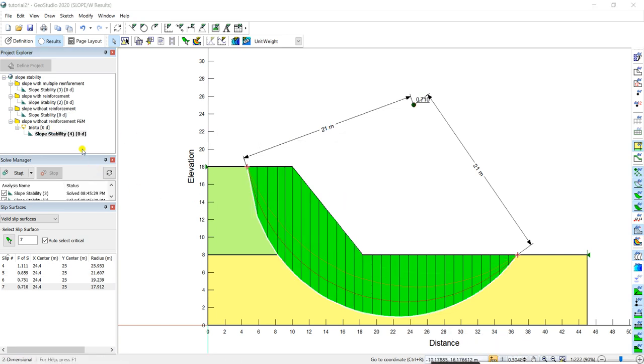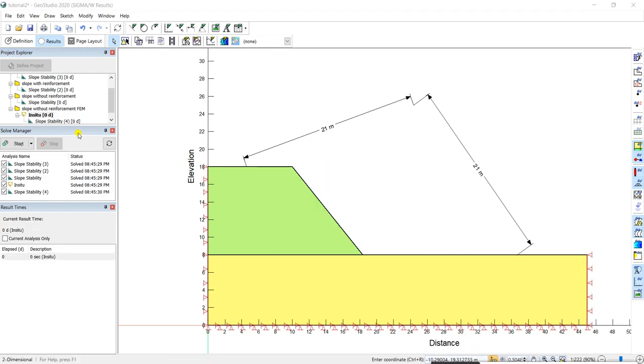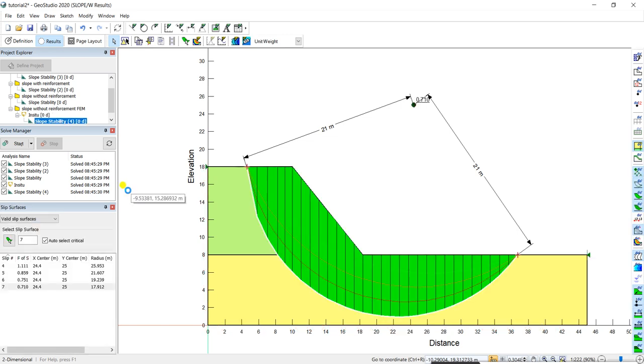Limit equilibrium sometimes over predicts the factor of safety or the stability of the slope. So in this way we have analyzed it by the limit equilibrium method, and the second one is by the finite element method.